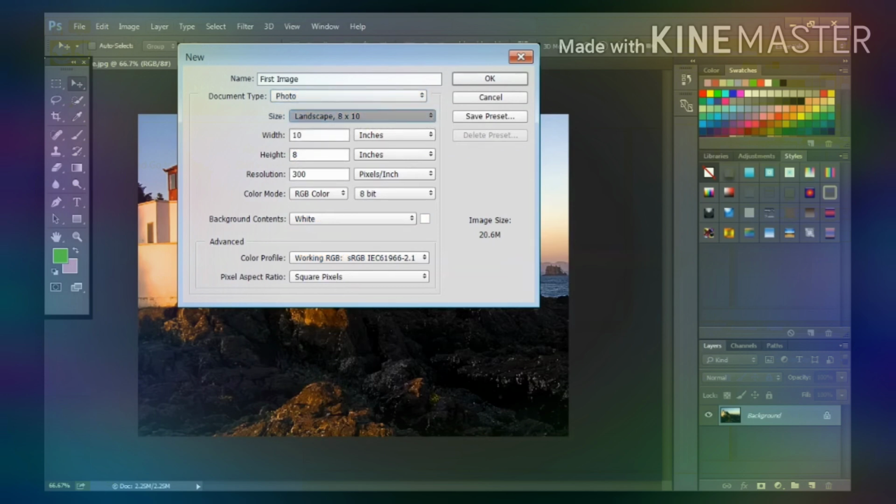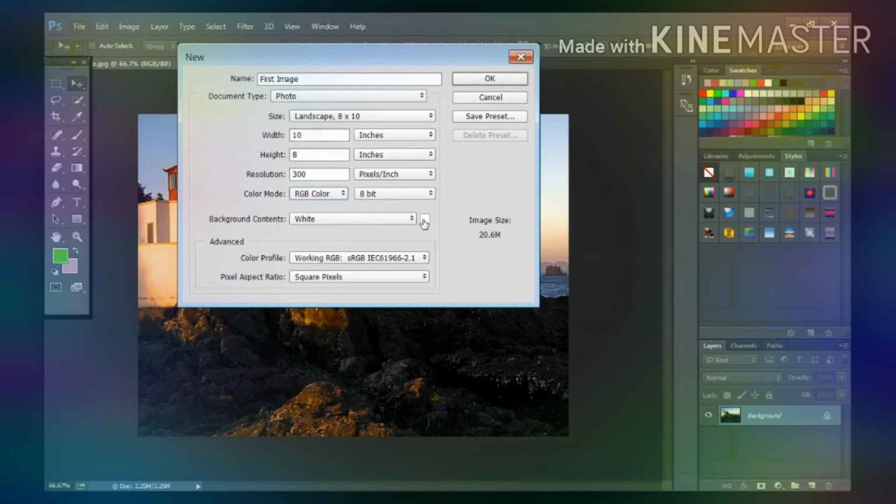Then the size you can change. Click on it and then select the desired size. Width, height, resolution and color mode can be changed from here. RGB stands for red, green, blue color. These are bitmap, grayscale, RGB, and next is CMYK. CMYK means cyan, magenta, yellow and black color. There are 4 color combinations in CMYK and in RGB 3 color combinations. So CMYK is a little bit darker than RGB because it is a combination of 4 colors. Now I am selecting RGB color.